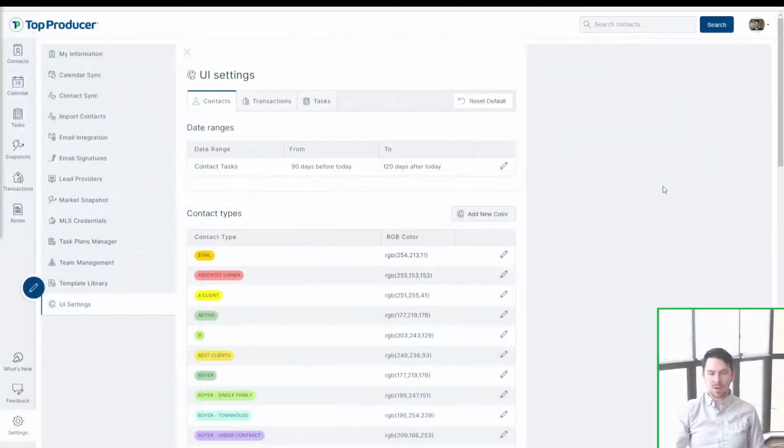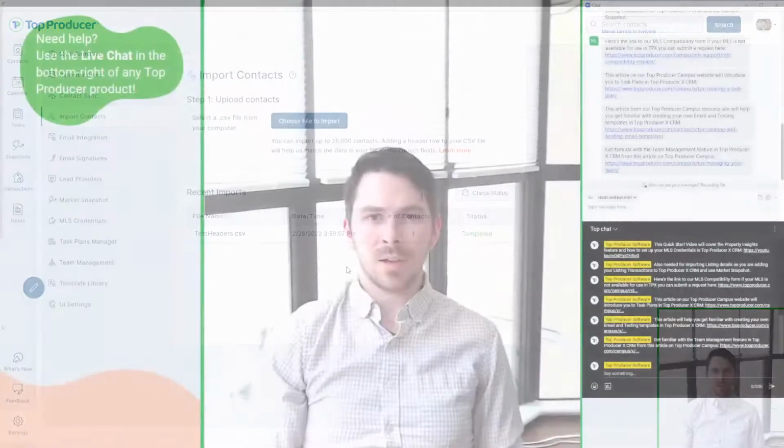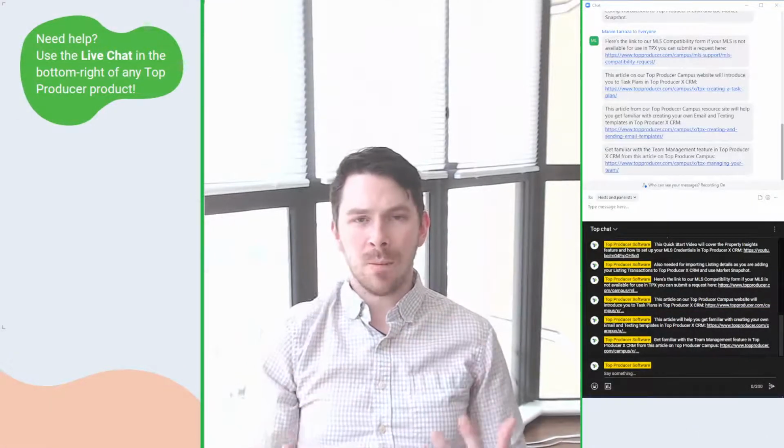So guys, two different ways to bring your contacts into Top Producer. If you have a spreadsheet, you can import contacts. If you have contacts in your email service, such as a Google account, Microsoft account, iCloud account, you can import those using Contact Sync. So one thing to note is that if you want to do a combination of those,